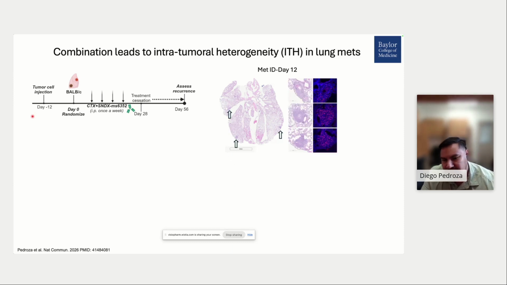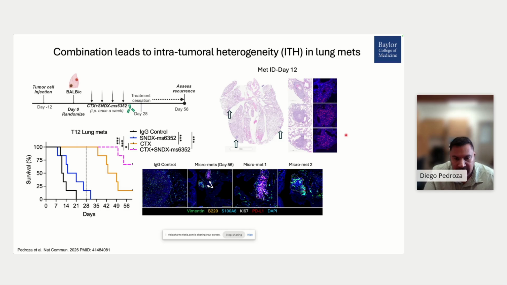This is generated by H&E staining. We inject BrdU. BrdU is an intercalating agent, so it'll basically bind to DNA, and so you can detect it by immunofluorescence. So we know that it's actively binding to actively dividing cells. So we have established dividing cells in the lung before we start our treatment.